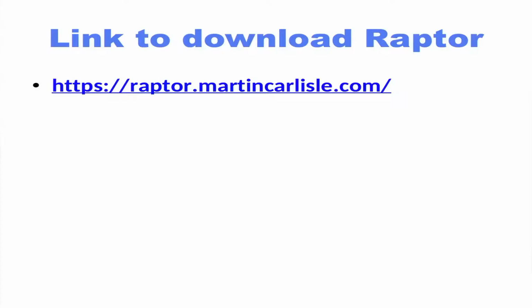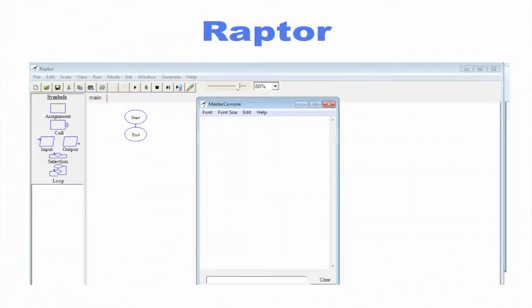You can download the recent version of Raptor from https://raptor.martincarleslie.com. You can see the link over the screen. After downloading, when you install the tool, it gives you an environment that looks like what is shown now. We will go through a set of examples shortly.